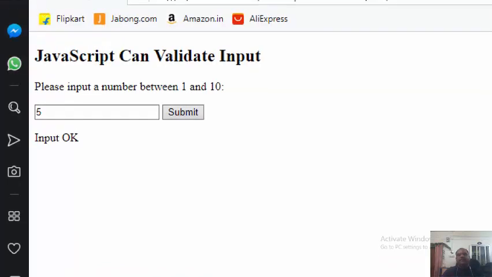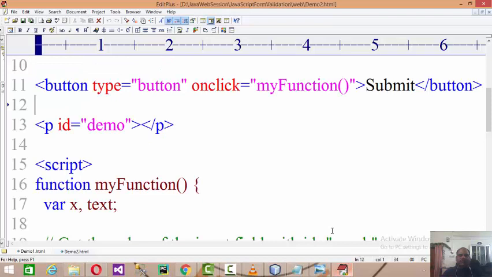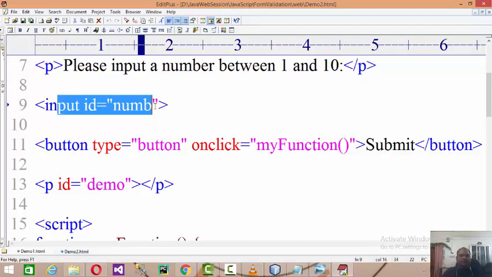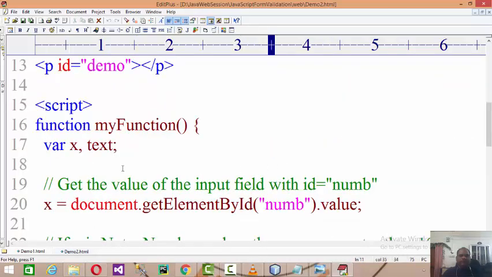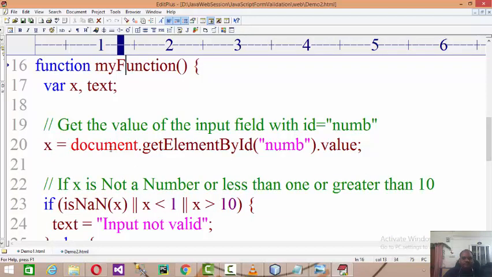Now in this case, the text field, here we haven't developed any form, right? We have an input, a submit button and a button, and there is a paragraph over there. And then we give a call to myFunction, if you understand the code well: input id equal to number, right, and on the click of the button we give a call to myFunction. myFunction is available in the body section, right? And as we are not submitting data to the server, here we are cross checking everything at the client side only, right.